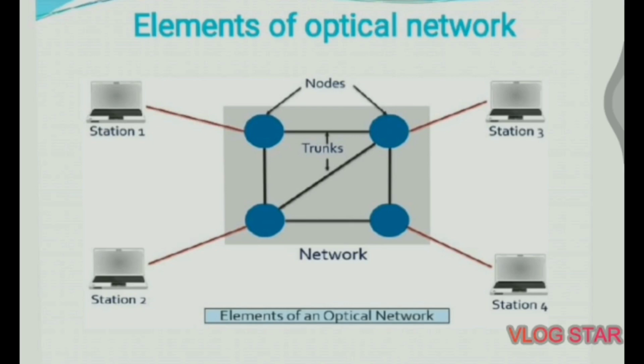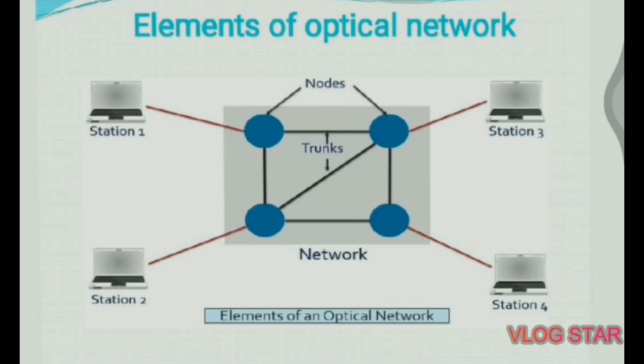Next is the topology. When multiple fiber cables are employed in an optical network, then these are connected through nodes. But the way in which the multiple nodes are connected together denotes the topology of the network. And the last element of the optical network is router. A router is placed inside an optical network and provides a suitable path for signal transmission.